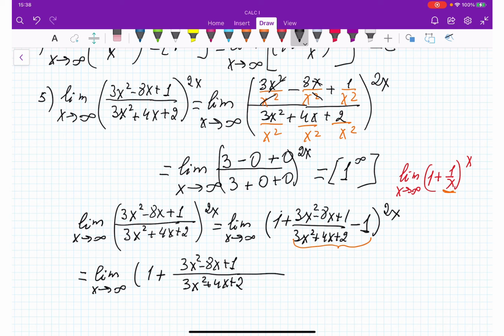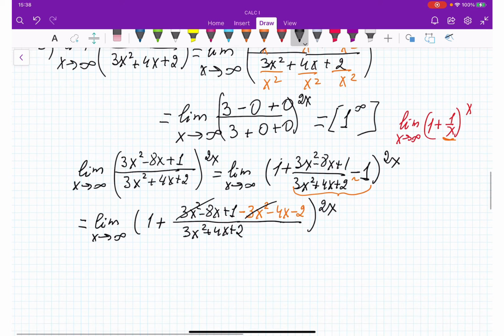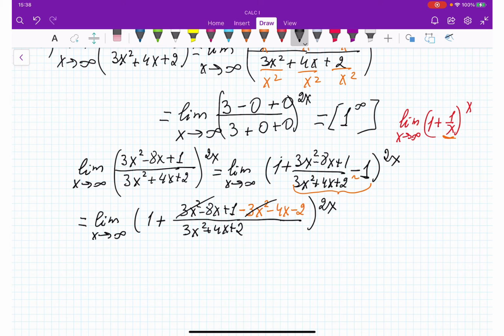And since I have minus here, practically every single term is going to flip the sign: minus 3x squared minus 4x minus 2. Yes? And all this to power 2x. See, I'm slowly bringing it to the format 1 plus 1 over x. This is canceling with this, and the result is going to be